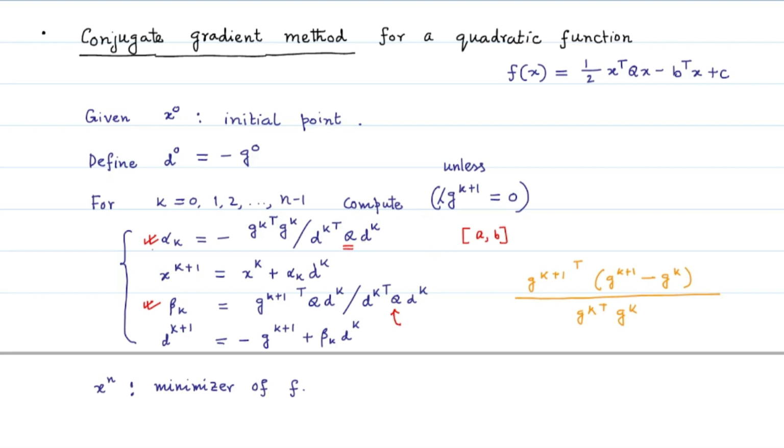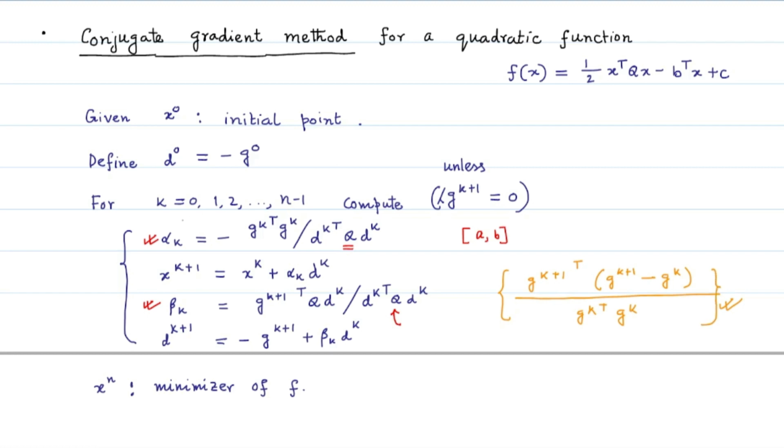Alpha k chosen by the inexact line search method and beta k given by this expression will give us a conjugate gradient method for a non-quadratic function. Once this formula is chosen, we shall refer to that conjugate gradient method as the Polak-Ribiere